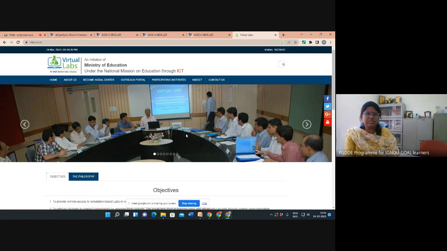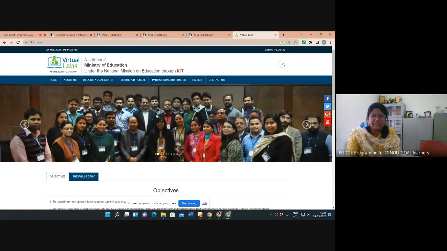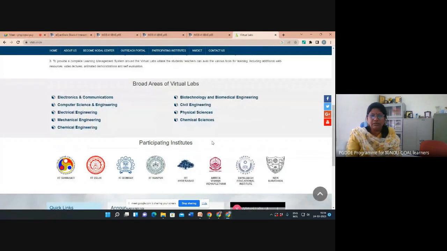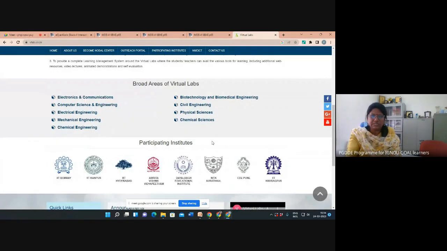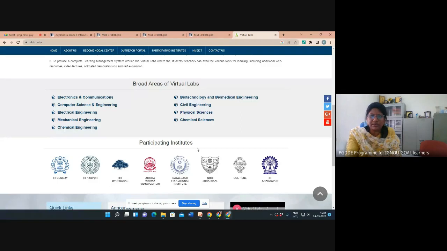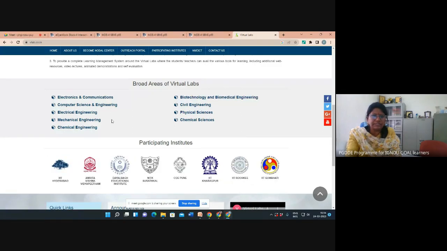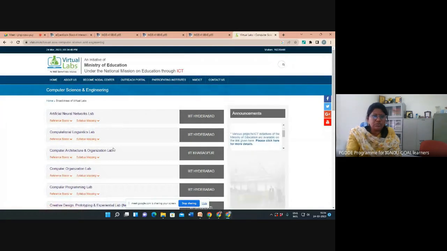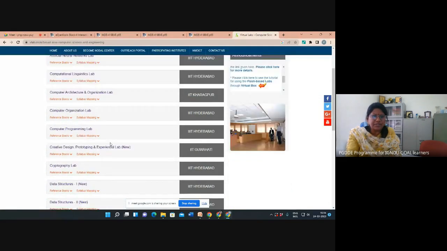So this is a virtual lab under the Ministry of Education in India. They have developed this particular project for most of the engineering colleges. For example, if I open computer science, these are some of the labs available.